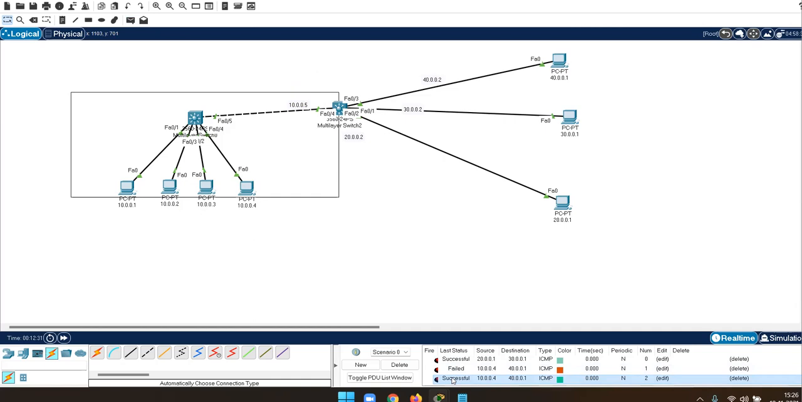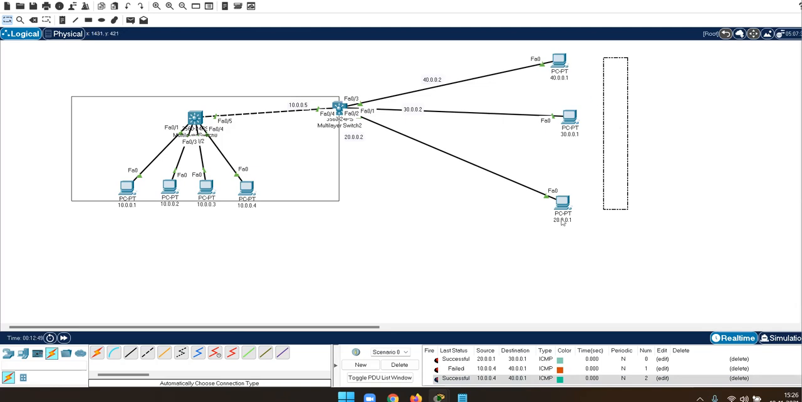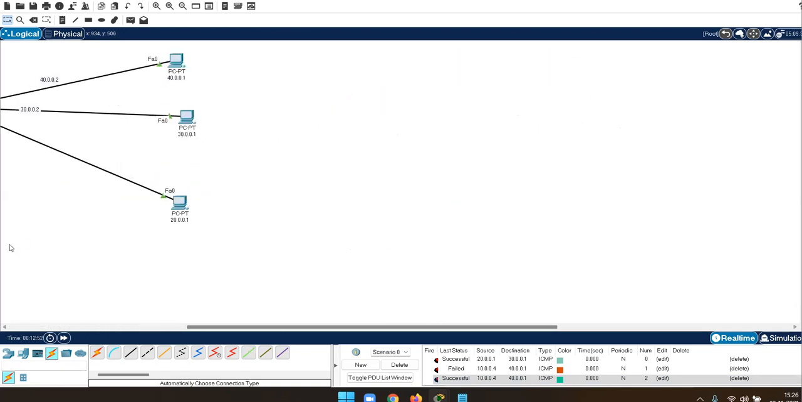concept of multi-layer switching. Like if you want to extend this, like now this is 40, 30, and 20, you can extend this network with a router also. Okay. Like for example, so I think you have done this design. I will make a new design for you. Wait. For example,